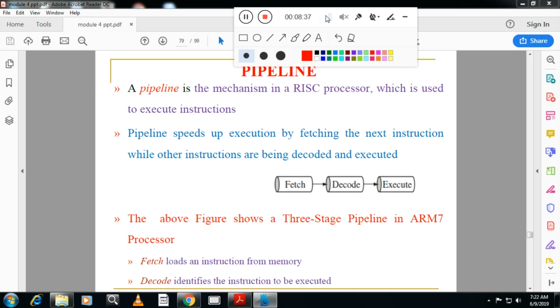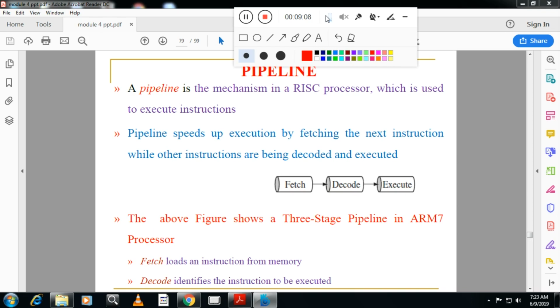But in 8086 onwards, pipeline technology is introduced. In 8086 you can see there are two sections. One is called the bus interface unit, the other is called the execution unit. The bus interface unit will fetch the instruction from memory and store it in the instruction queue. The execution unit will execute the instruction separately. So it is a sort of pipelining technology, and it will improve the performance.